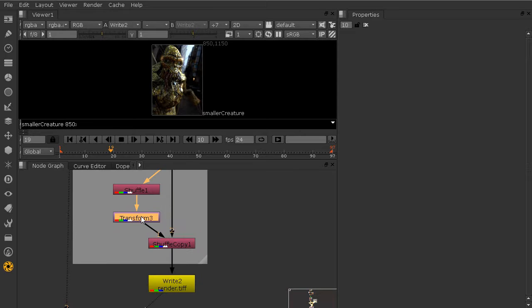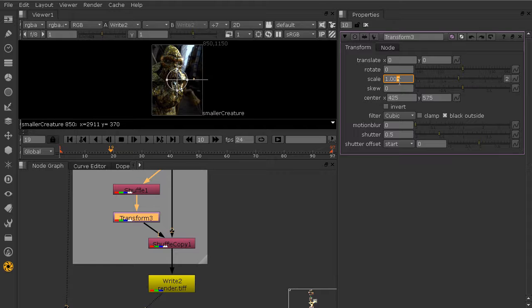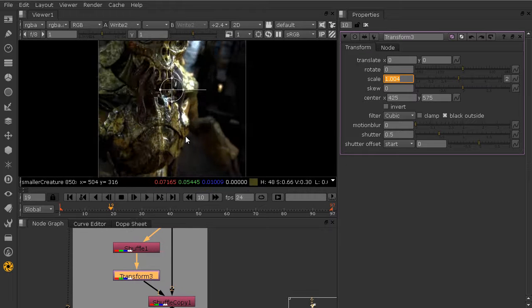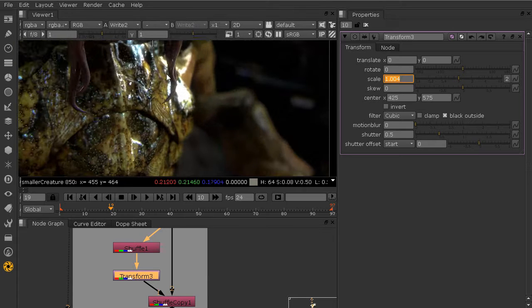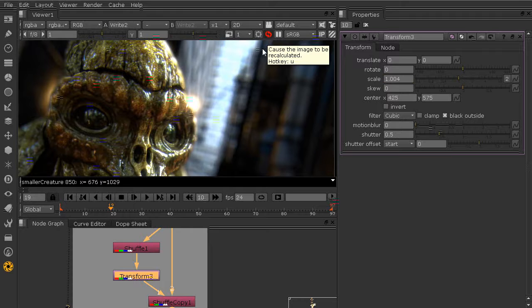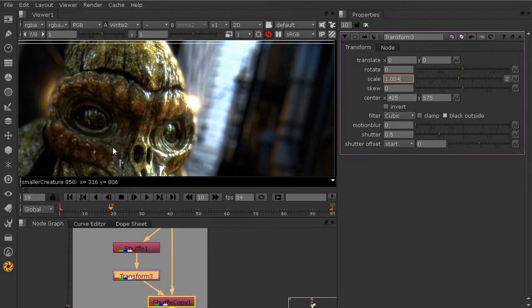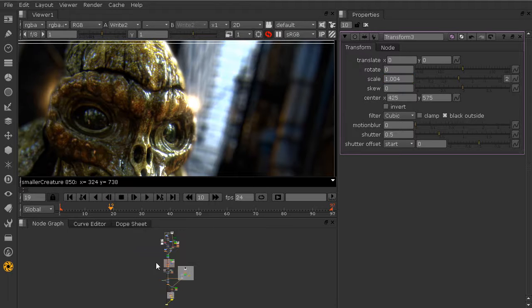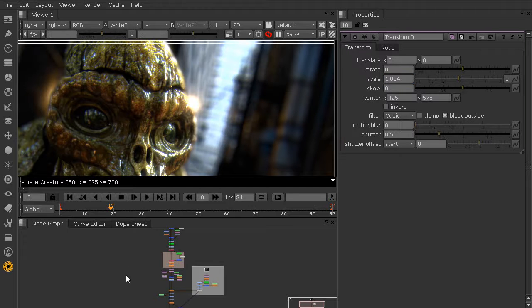For example, just to see how slow this is, I'm going to change this transform here, and we'll just wait for this to update. Now, of course, depending on the speed of your processor and the speed of your system and your disk cache, this may or may not take a while. But as we can see here, it would be nice if we didn't have to do this processing every time we wanted to change a value. Now, of course, with this technique comes some problems, but before we get into that,